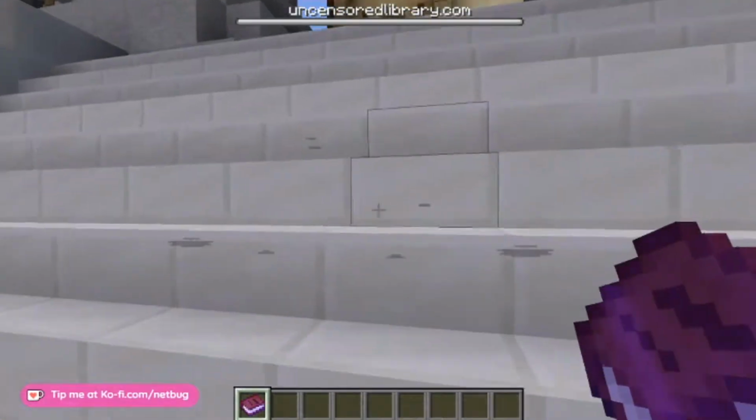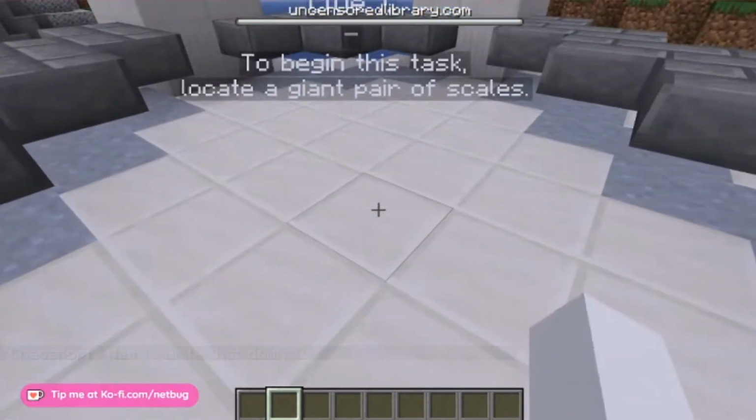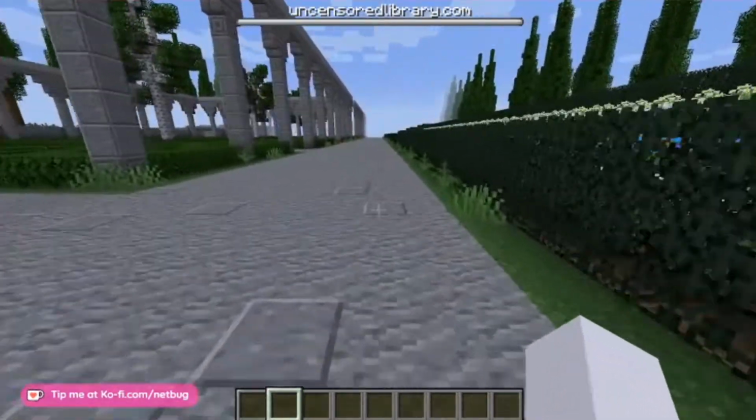Seems like there's quite a few people chilling out here right now. Clue 1. Oh! Is there a scavenger hunt? To begin this task, locate a giant pair of... There's a scavenger hunt! Look at that. I mean, they didn't have to go...